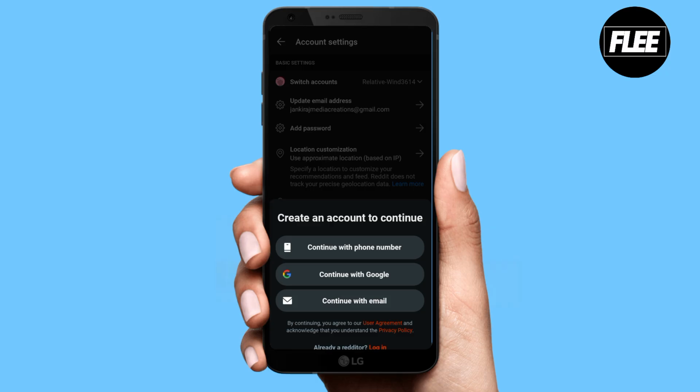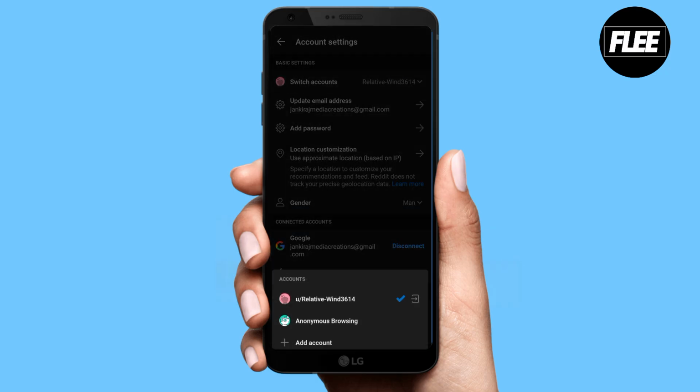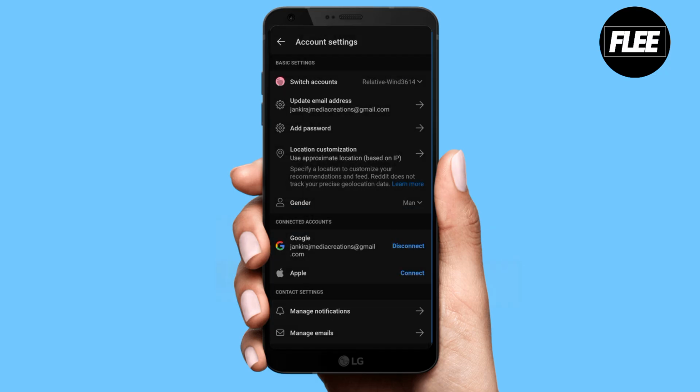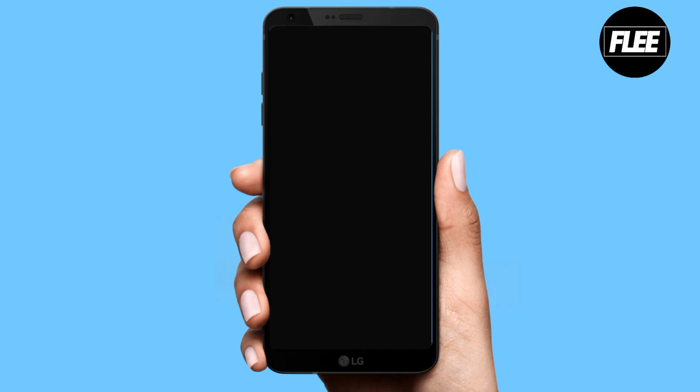I will add an account, or here is an option called Anonymous Browsing. This is a feature called guest browsing on